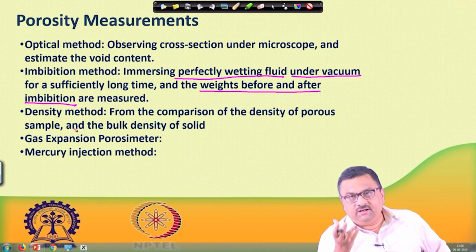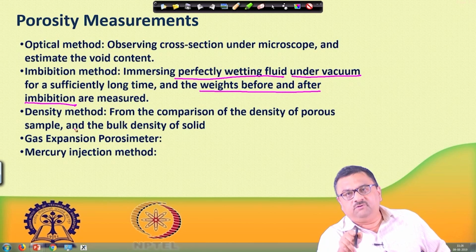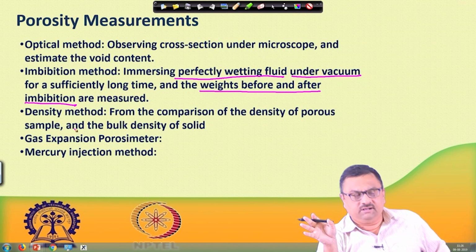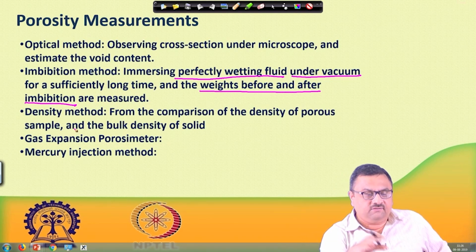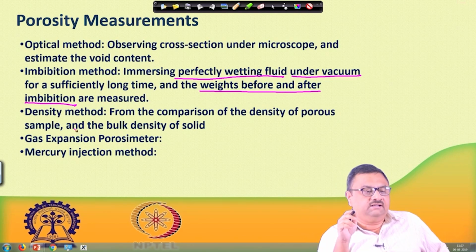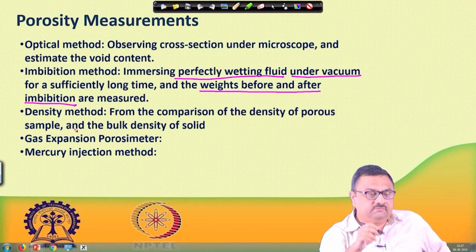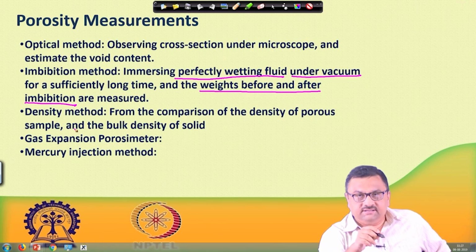So, then you find the density of this porous matrix, and at the same time you know this porous matrix is made of some material. If you crush it to the finest size, you get something called a bulk density, and the bulk densities of various known materials are already listed. So, you have a priori knowledge of the bulk density. By comparing these two densities, one can get the porosity of